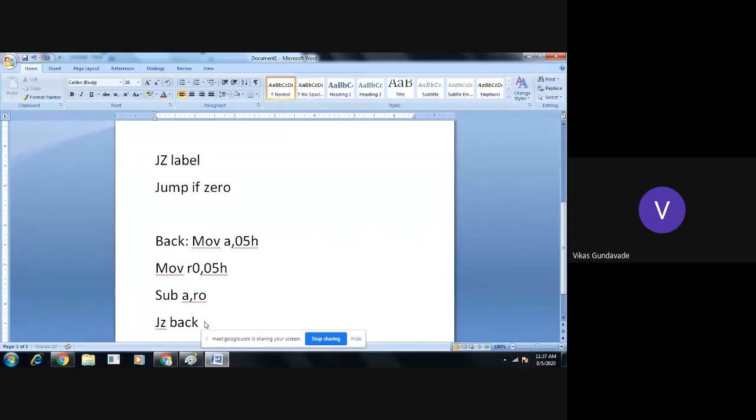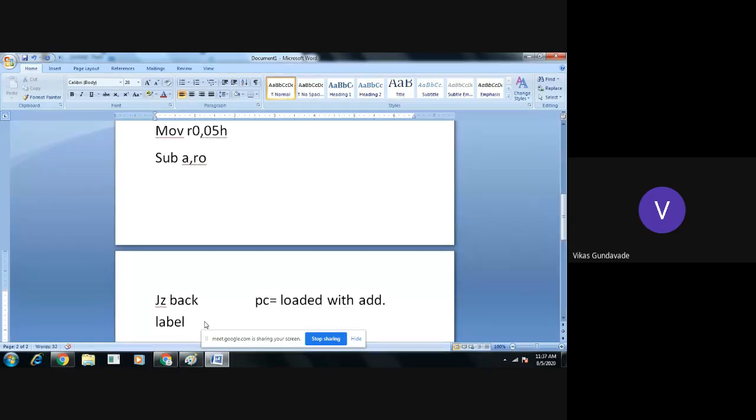So what will happen with the program counter? In that case, the program counter will get loaded with the address of the labeled location, or the label address which is provided.